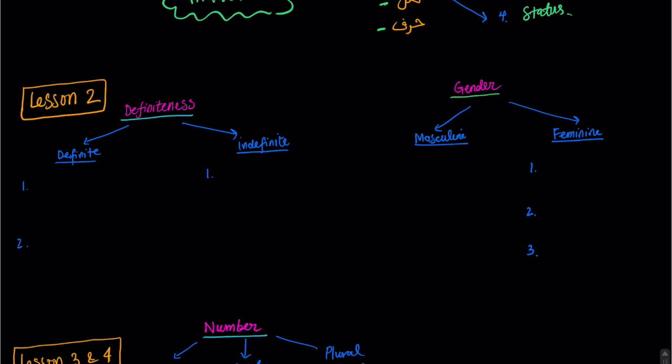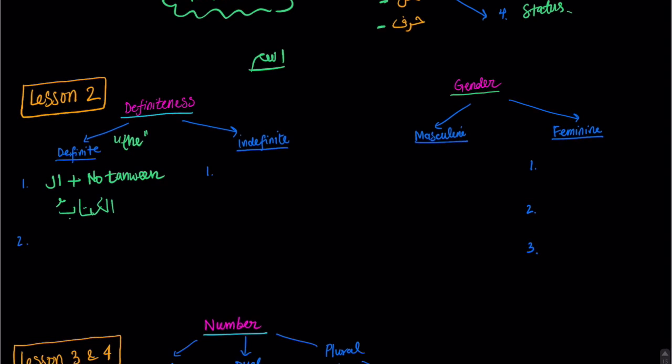Then we went on to talk a little bit more in detail about definiteness. So in Arabic, ism, so we're now talking about the properties of ism. An ism can be definite or indefinite. And there are two ways for an ism to be definite. The first way is that there is al and no tanween. And remember, a definite has the meaning of the, or it makes it very specific. So if you want to say the book, you would say al-kitab,